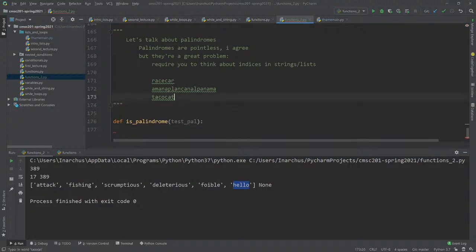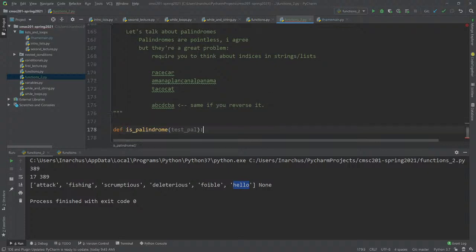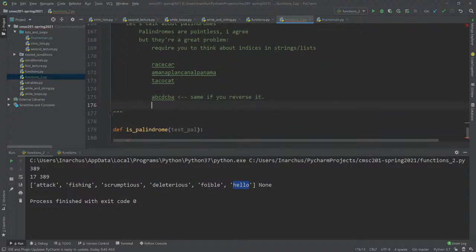So let's think about how to scan through a string. Here's the short and long of it. A palindrome is something like this: A, B, C, D, C, B, A. Something that is the same if you reverse it. So how would we attack a problem like this?